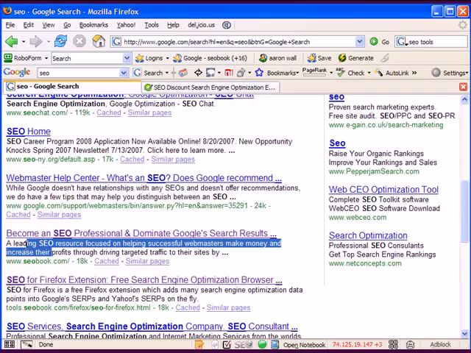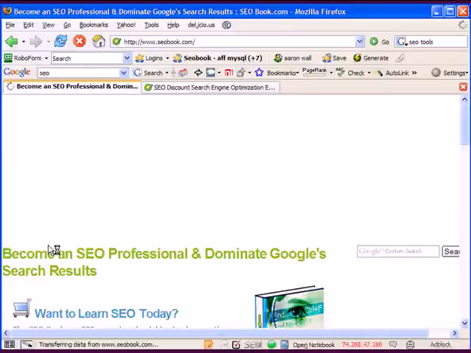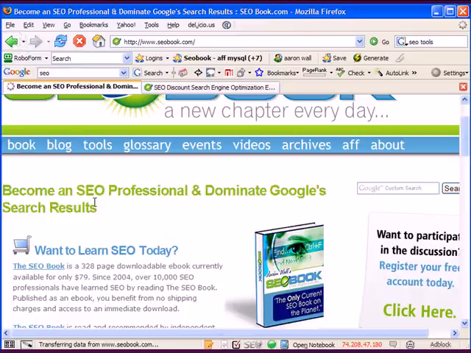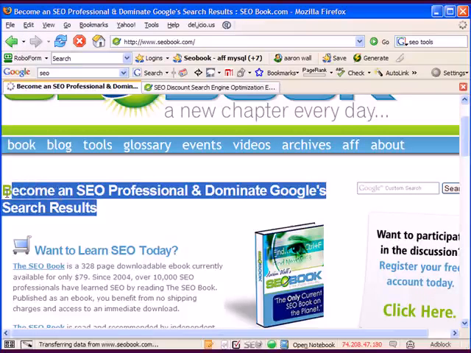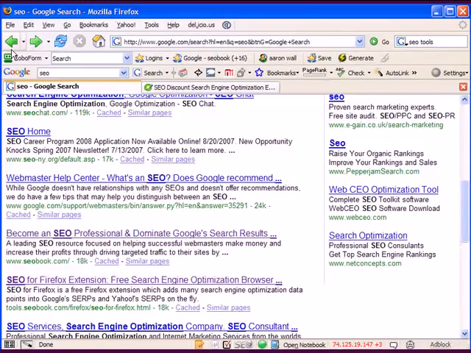You also not only want to mix up how you're using your words in your page title versus page to page, but you also want to ensure you're using it in a different way than using it on the page. So your heading, if possible, and this is an error of my content management system I have to fix, but right now my heading says become an SEO professional and dominate Google search results, same as the page title. It'd be better if I somehow said something else here that would make my site less prone to getting filtered for being too aligned with the term, and it would allow me to pick up additional keywords that I'm not necessarily getting right now.